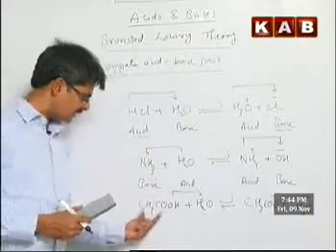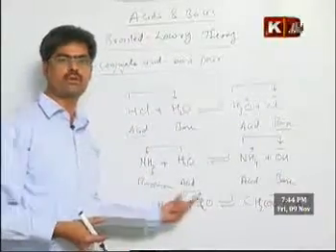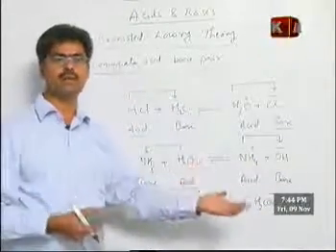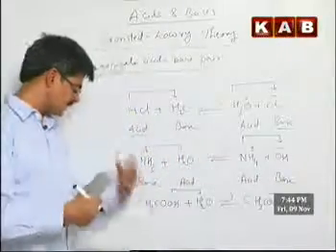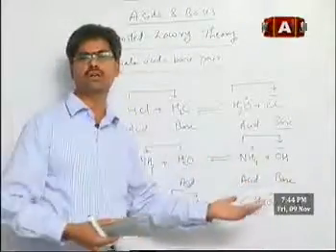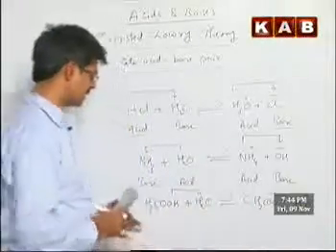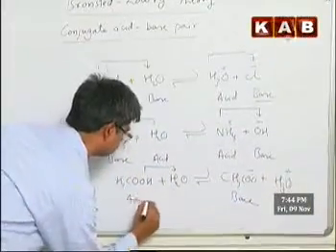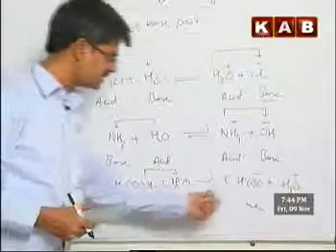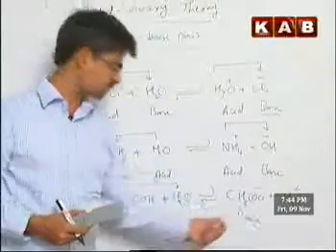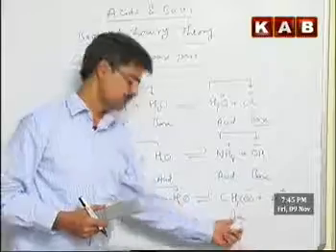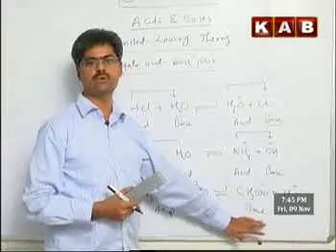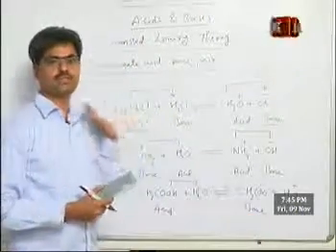When you say that acetic acid has a lesser tendency to give a proton to water, that implies that acetate ion has a greater tendency to take back its proton. That is the reason why acetic acid in the previous stage is unable to give a proton very easily. So we can say that this acetate ion base, with this weaker acid, has a greater tendency to accept a proton. Therefore this is a stronger base for us. So in a conjugate acid base pair, if the acid is weaker, the corresponding base is going to be a stronger one. This is regarding conjugate acid base pair.